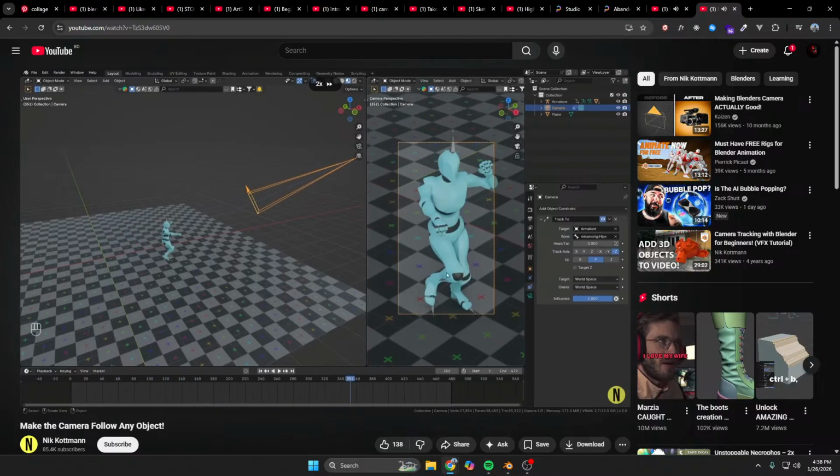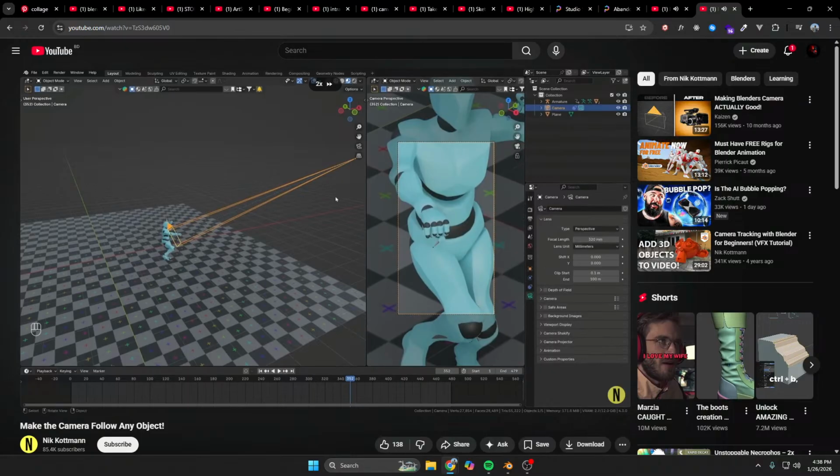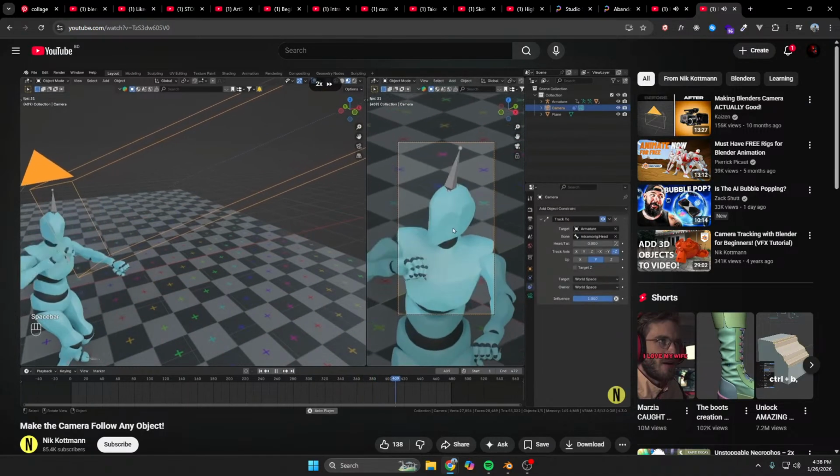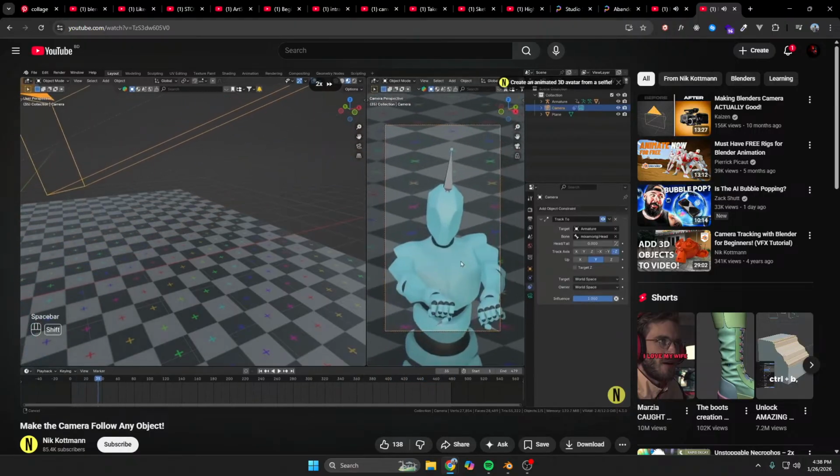dancing character. Now let's say we want the camera to be zoomed in a bit more, so let's increase the focal length and I want it to point at the head of our character. So instead of the hips, we want to switch it to the head bone, and you can see this works as well. However, now the head is centered in your camera, and I would prefer the head being on top